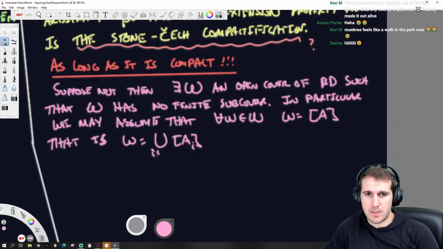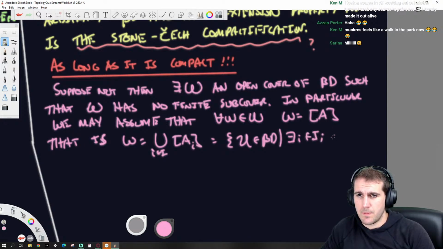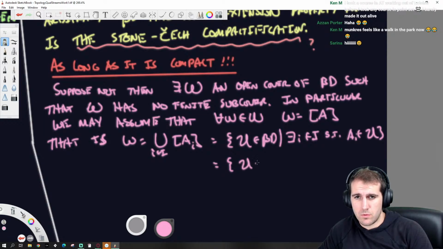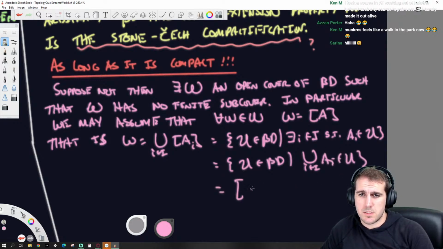So I'm going to say I within I, which is equal to the set of ultrafilters within beta D, such that there exists an I within I such that AI is within the ultrafilter. That means the union over all I of AI is within the ultrafilter, which is equal to just the cylinder of the union.